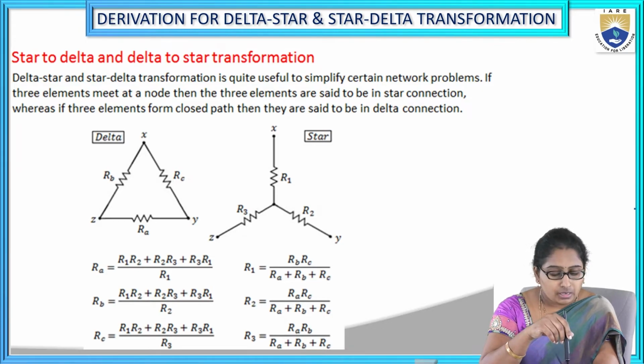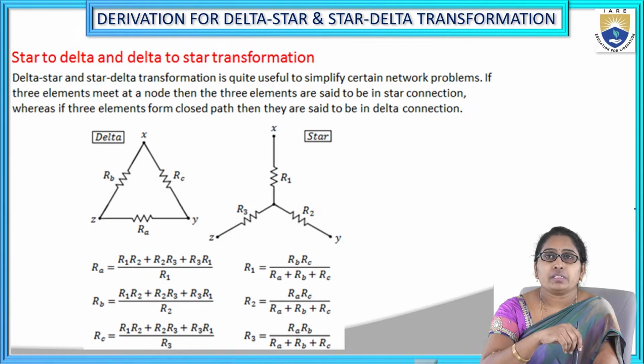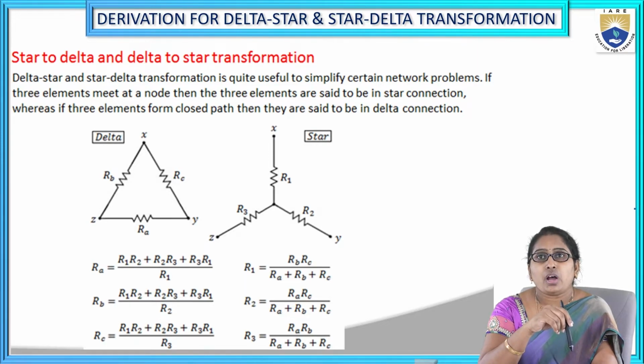Next, for a given delta network, its equivalent star elements: R1 is given in terms of delta elements by the product of the two adjacent elements in the delta circuit, that is RBRC,